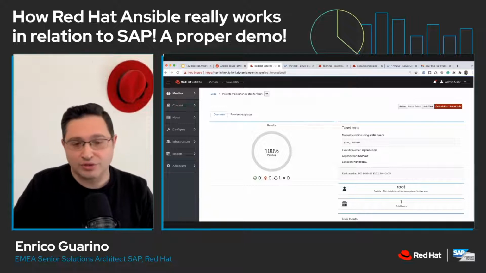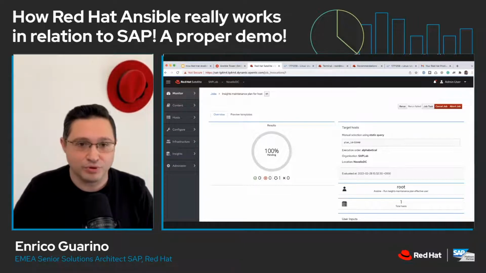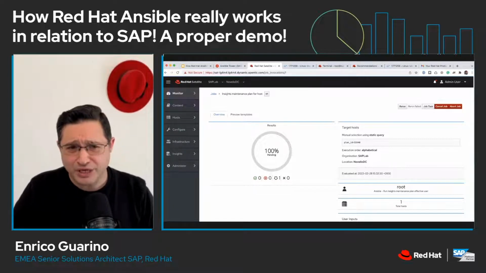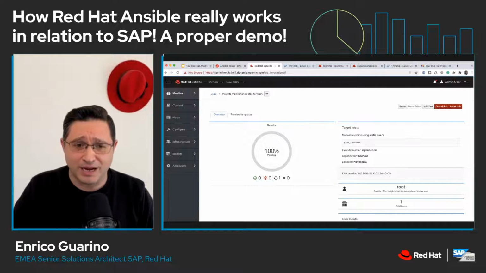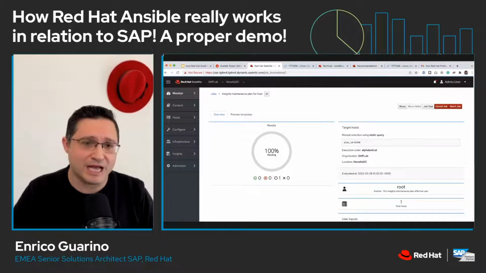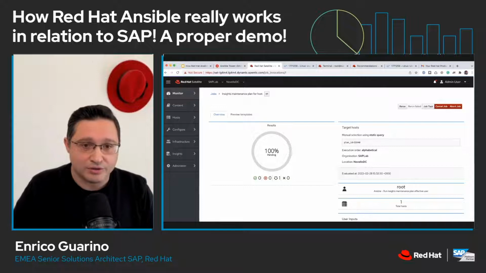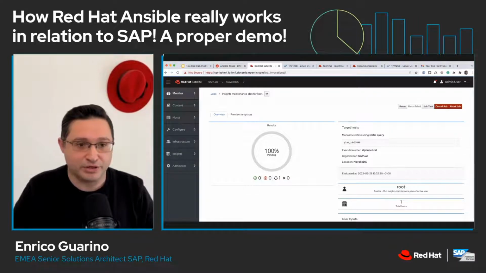Okay, so now Satellite is going to run the playbook in the background. We should wait a few seconds. It's really fast to apply the changes, but Satellite needs some information to be brought back to Satellite in order to be sure that all the actions have been correctly performed.